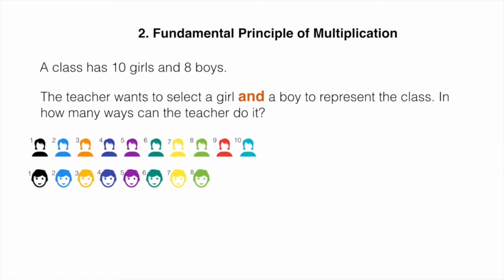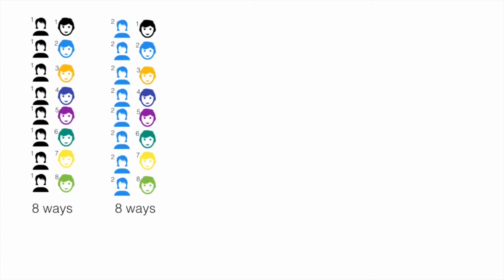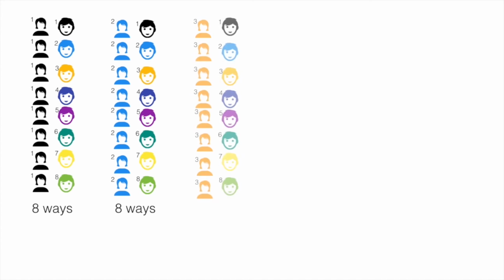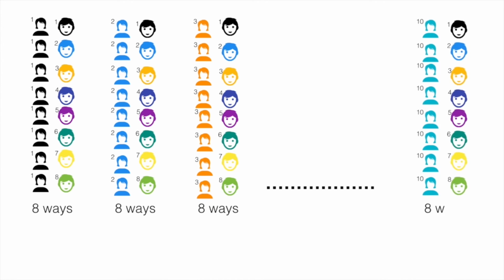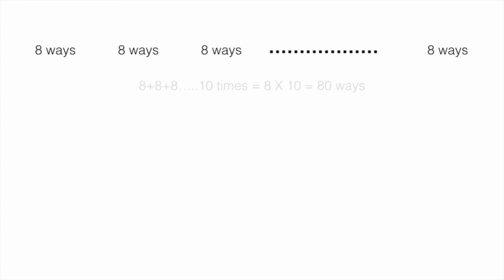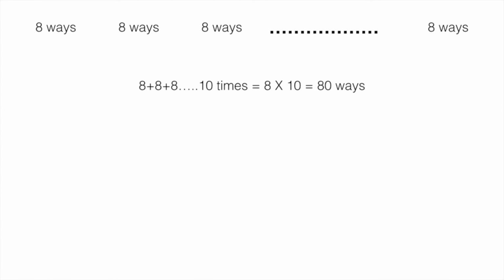Let's start with those cases in which I choose the first girl. There, I can choose either the first boy or the second boy or the third boy and so on in a total of 8 ways. Now, let's have a look at those cases in which I choose the second girl. There, I can again choose the first boy or the second boy or the third boy and so on in a total of 8 ways. Similarly, I can do it 8 times for the third girl as well, and so on till the 10th girl. So, adding all the cases together, I get a total of 80 ways in which I can select a girl